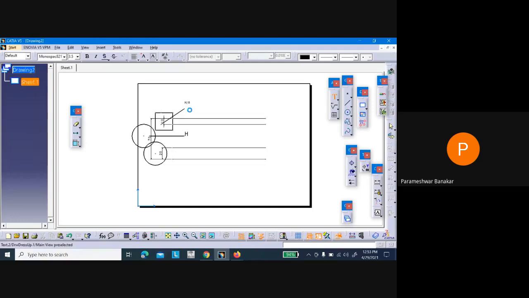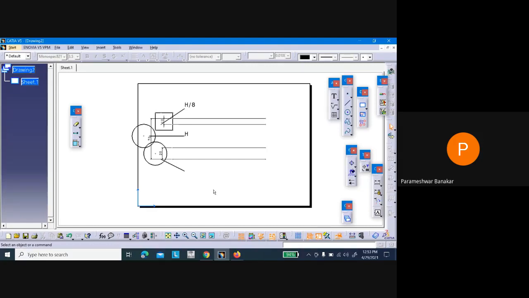Let me increase the size so that it is visible to everyone. H by 8. And here one more number is there, that is 20. This is a root. For this also there is a formula. What is that formula? I will write it here for your reference, so that later on you can see this video.